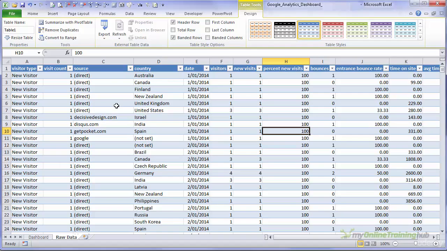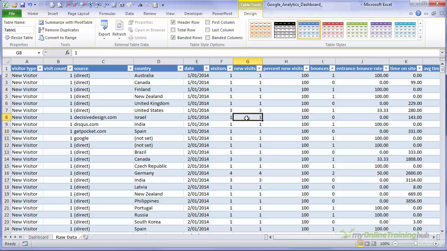The other thing to note is that it's created a named range called Table 1. I can change that name if I want to. I've also got this Table Tools tab opened up where I can change the design. I'm not going to go into tables in detail, but if you aren't familiar with Excel tables, then they should be the top of your list of things to learn because they're very powerful,